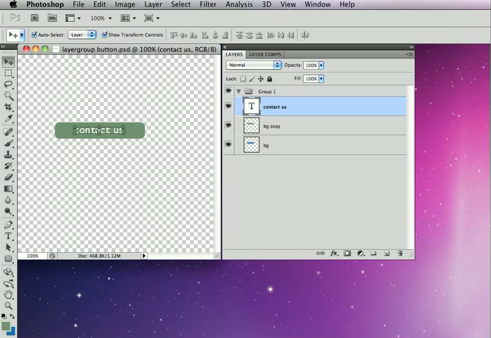Hello, in this video we're going to be making a layer group button. This is a button that we make out of a group of layers using the layer group, or layer set folder, in Photoshop. In this particular case I've already got a button set up a little bit, just not named yet. I've got a layer group here, and inside this layer group is a text layer that has some text,